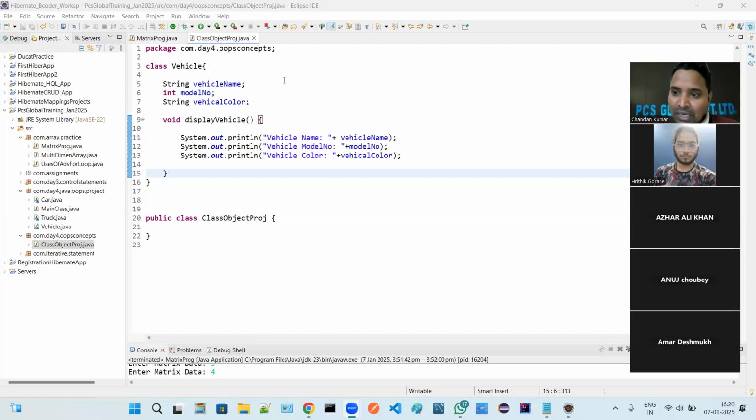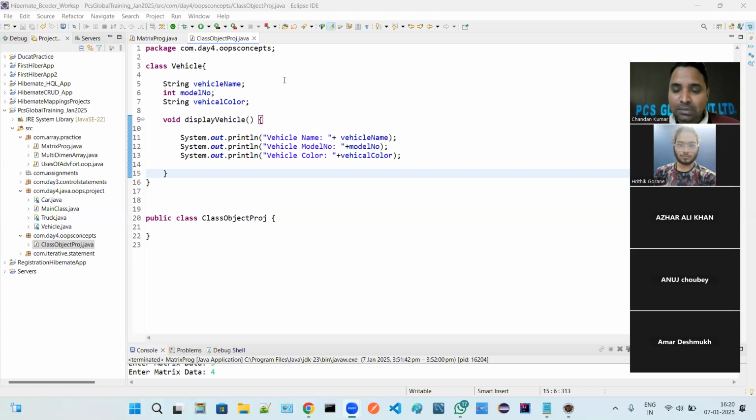Suppose you are a student. Why is anybody, either me or anybody, telling that you are a student? Because you have student class properties. What are those student class properties?